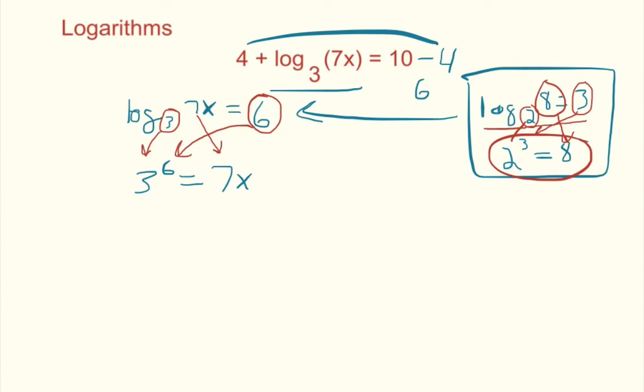To do that is very simple. All we have to do is divide the 7 by the other side of the equation. So we have 3 to the power of 6 over 7. And that's the answer. If you want to actually work it out, you can see that it approximately is going to equal